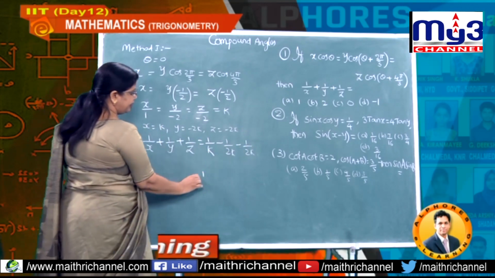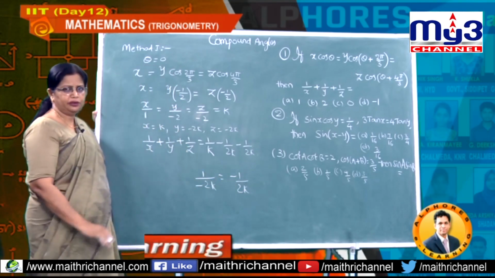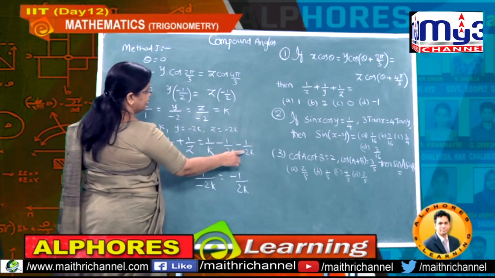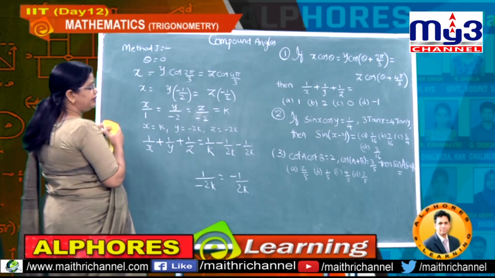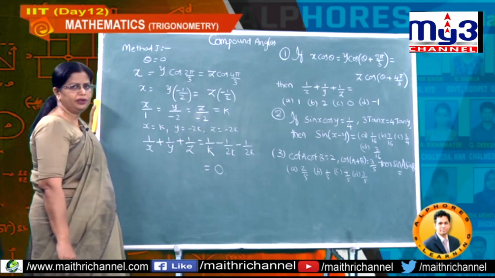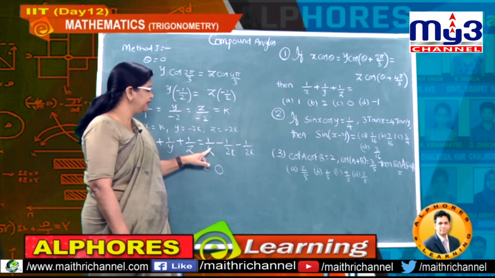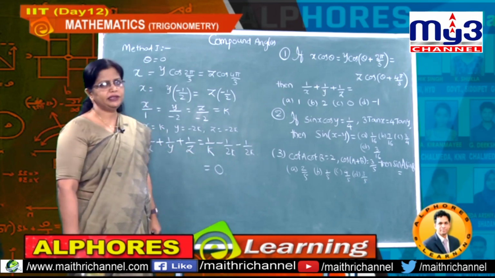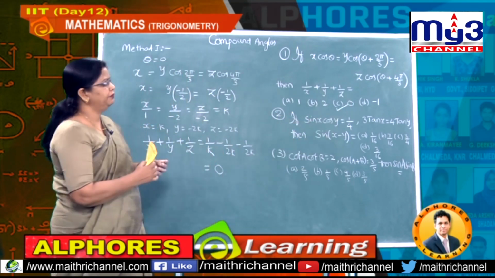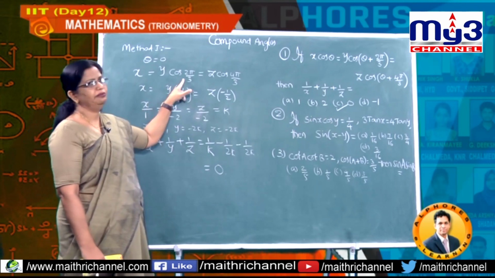So, 1 divided by minus 2k same as how much? Minus 1 divided by 2k, no confusion. Now, observe here, this is minus minus half, therefore, this is nothing but minus 1 by k. Therefore, finally, students, what is the answer? 0. Okay. If you add two halves, it is full 1. So, 1 by k minus 1 by k, that answer is 0. So, which is the right answer here? 0. Understand?